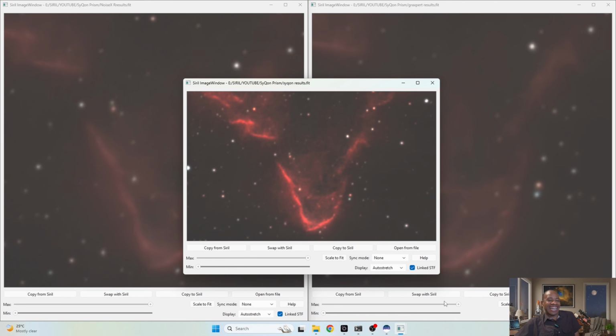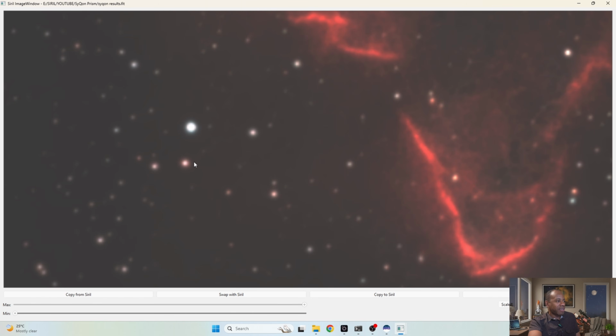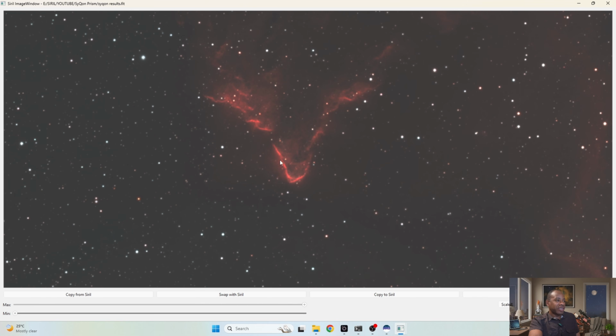And there we have it. I don't think anything else compares now. I mean, look at that. Let's maximize this now for a second. Look at how much signal, look at how much detail has been brought to the forefront. Even if we look at the stars, let's zoom into the stars, looks really well. So much detail has been brought around, and what I would consider the head for the ghost of Cassiopeia. And I know the ghost is maybe upside down right now, but